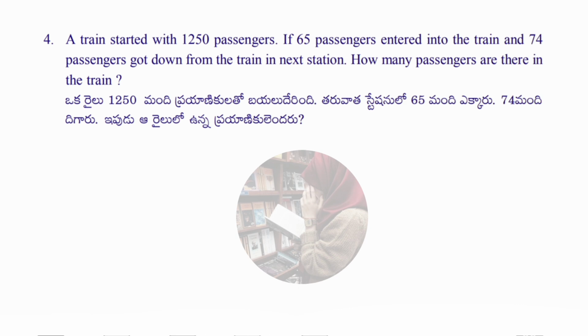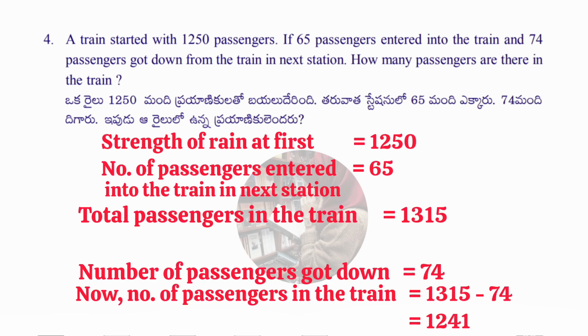Let's move on to the fourth problem, which is: a train started with 1250 passengers. If 65 passengers entered the train and 74 passengers got down from the train at the next station, how many passengers are there in the train? So the strength of the train at first is 1250. The number of passengers entered is 65. Now we'll do the total passengers in the train: 1250 plus 65 is